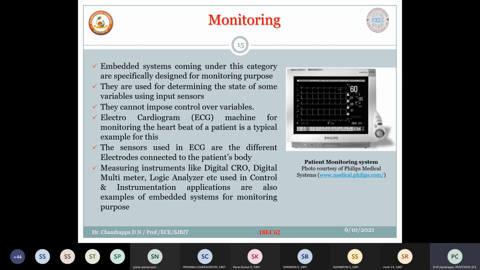Second level: if you do not find the problem from the ECG, the next level you go to the echo. In the echo we have to find out the number of valves, how they are working, what is the dimension of the valves. All 4 valves are there, left ventricle, right ventricle, upper, lower, and all these things. So even if it is not detected from the ECG and echo, the next level, for heart monitoring, there are a number of stages. First level ECG, second level echo, third level